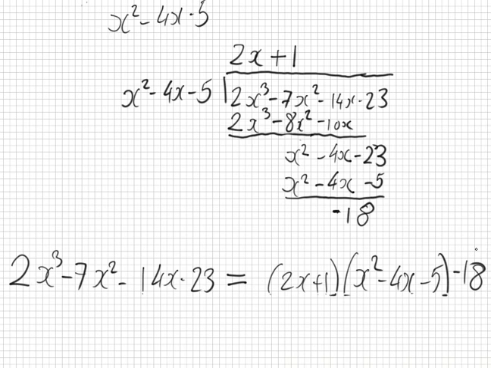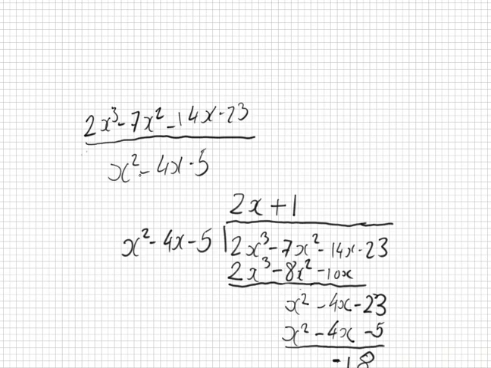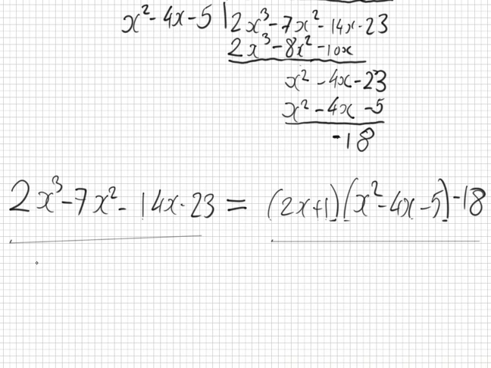No big deal. Now, if you look here, that cubic, of course, is the original cubic in the question. So what would I have to do to make this turn into the original question? If you look at the original question, you see this cubic here? That's what I have up on the board. So I would have to divide both sides by this quadratic, and it makes the question again. So if I divide both sides now, you can see it up the top here as well. Look, if I divide by this x squared minus 4x minus 5,